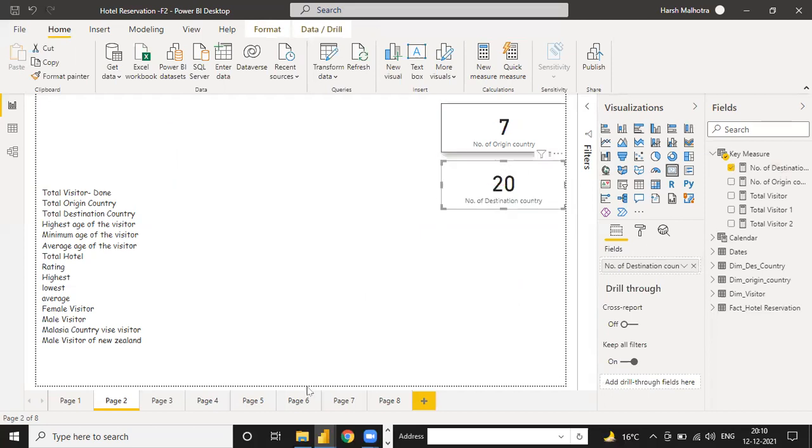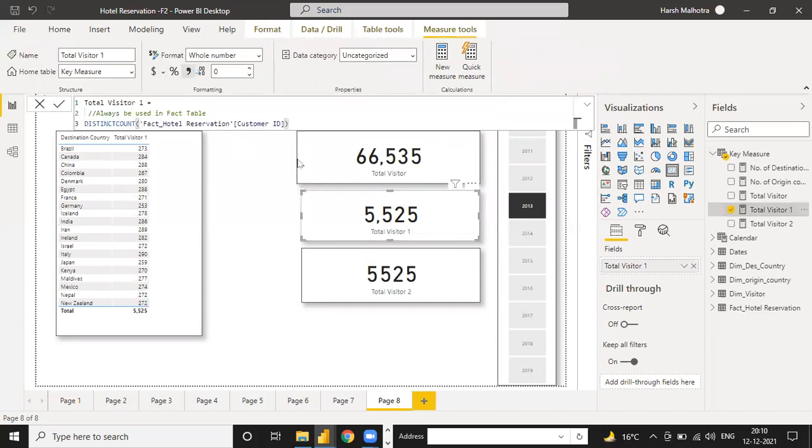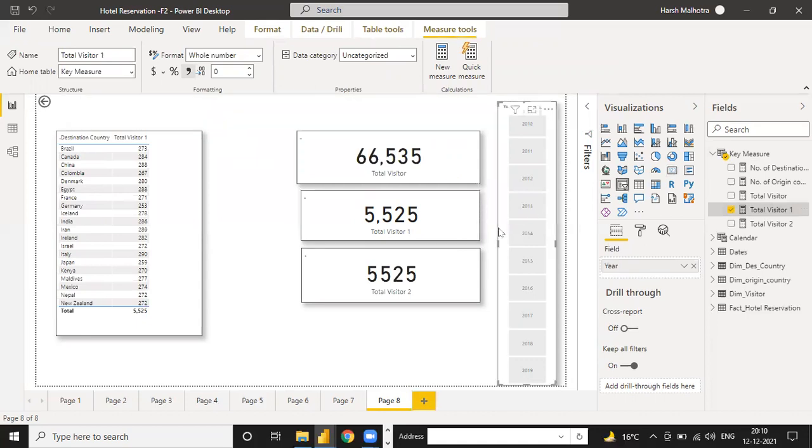Okay, yesterday on page 8 we created total visitor of 525. What is this actually? That is year wise. Okay, it's only year wise, right?